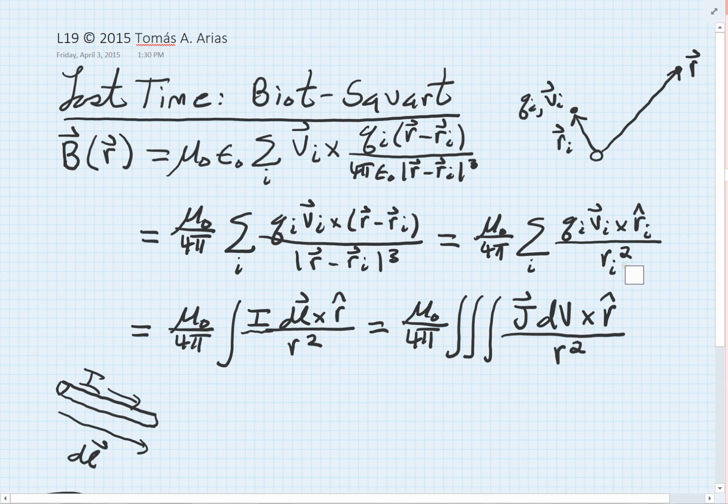The next maneuver that we made is we noticed, well, we have this sum over individual charges times their velocities. In practice, that can be very difficult, to track the motion of every last single charge in a system. So we use the theorem that we had derived previously when we looked at forces on wires, where we realized that sums over whole sets of moving charges can be replaced with integrals. If it's a wire, we integrate over the length of the wire, and we replace the sum with the integral,